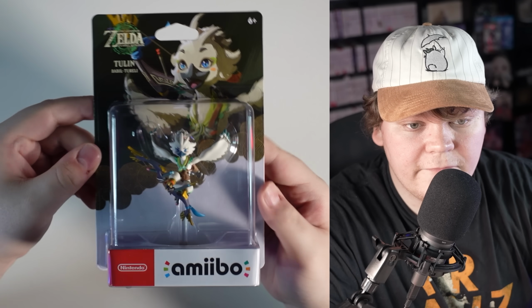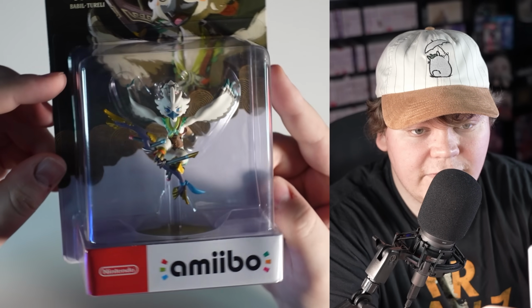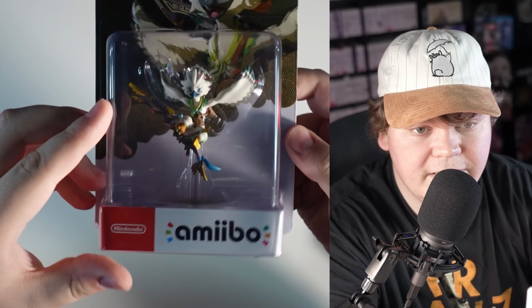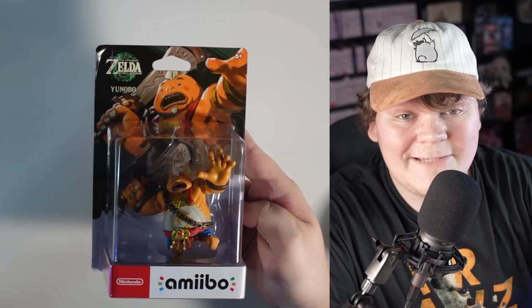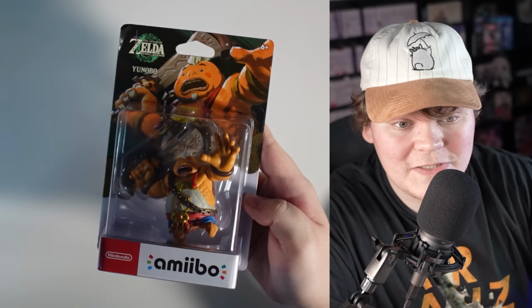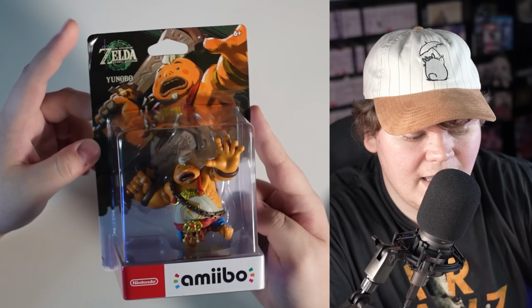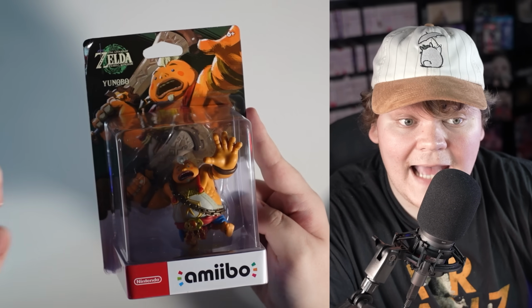Here we have Tulin from Tears of the Kingdom with his little pose here. He's on a white stand flying towards you. That one looks pretty nice as well. And then last but certainly not least, the hardest one to get, at least pre-release. For some reason, there were no pre-orders for this man. We have Yunobo. Mine got a little damaged, it looks like, when they were unpacking it at the GameStop, but